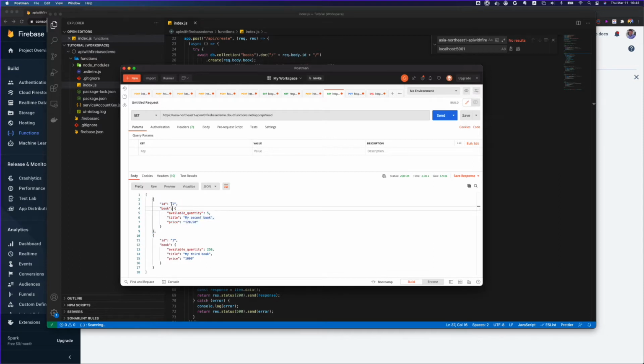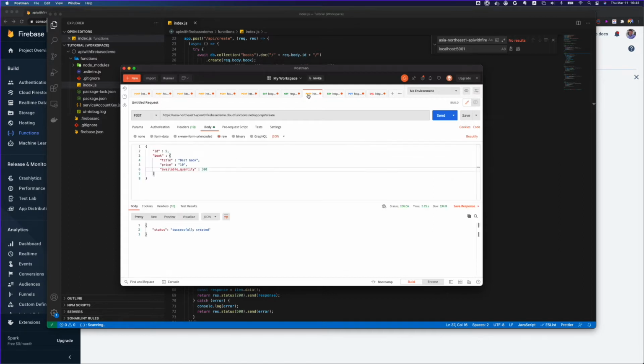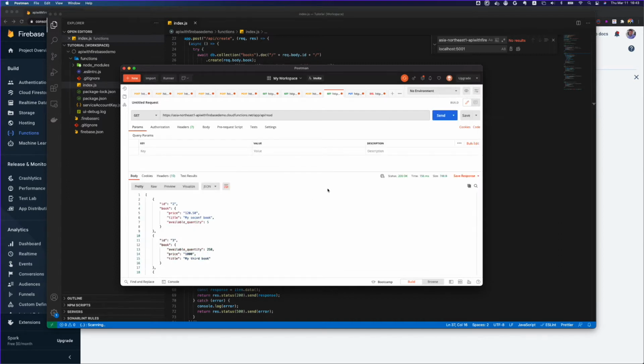Currently only these two books are available. If we create something again, maybe with ID 5, and then do get, we are now able to get number 5 as well.